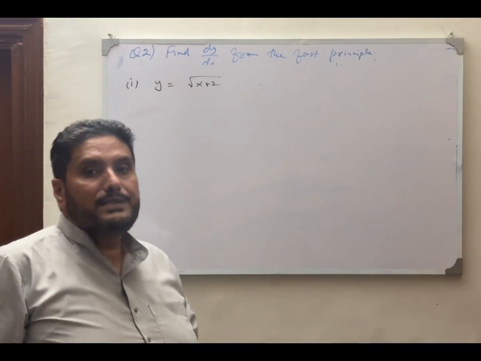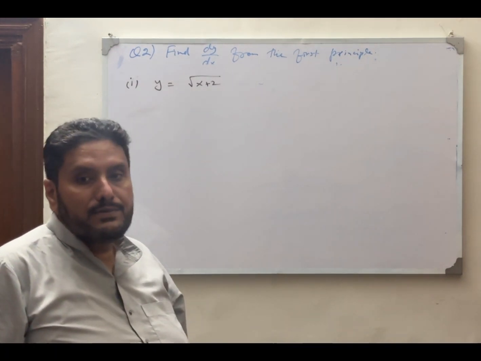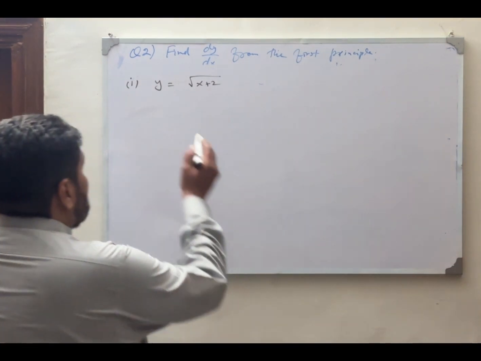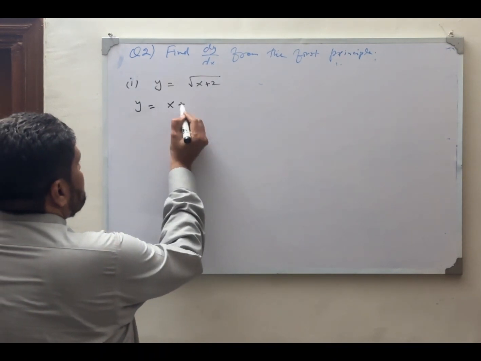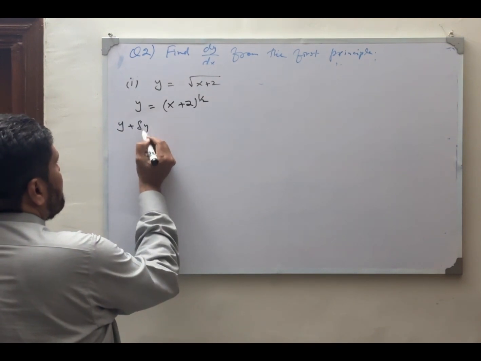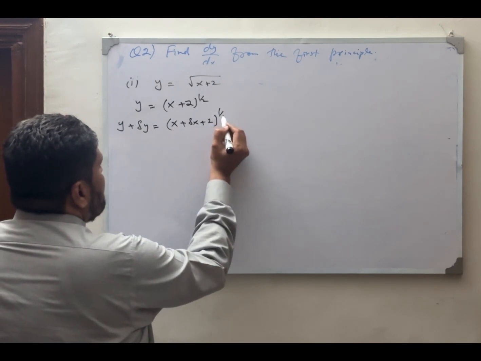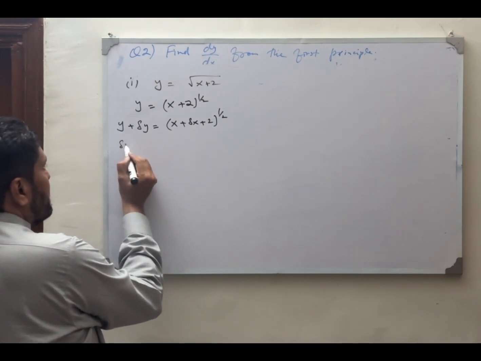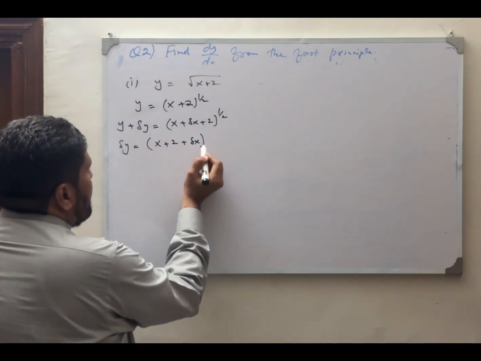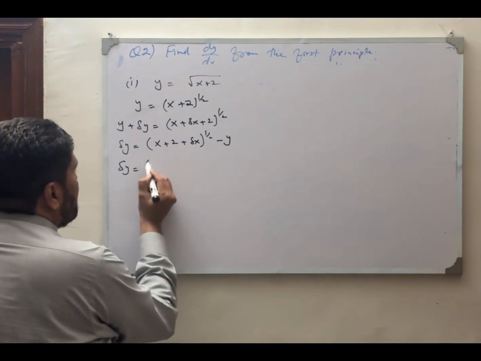So here we have another function in question 2 part 1 where we have a function y is equal to square root of x plus 2. For that we have to find the derivative by using the first principle method. So we can write it in this way: y is equal to x plus 2 power 1 by 2. So by using step 1, y plus delta y, that is equal to x plus delta x plus 2 power 1 by 2. So by taking y on the other side of the equation, that will become x plus 2 plus delta x power 1 by 2 minus y,